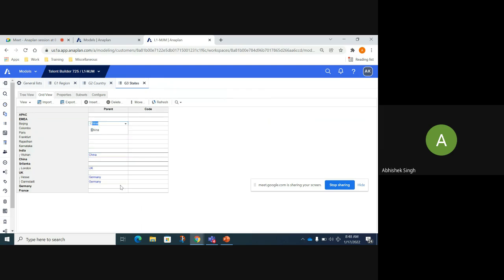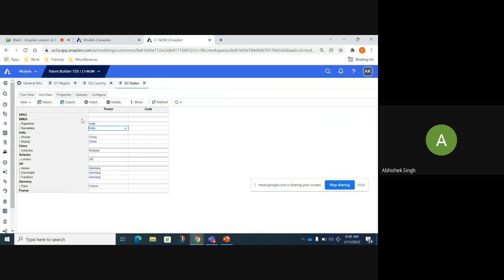Similarly for Beijing, I select C. For Colombo, I can either select S or follow the drop down approach. Whatever you are comfortable with. You need to assign the parent one by one for these different list members. There you assign the parent India and so on.